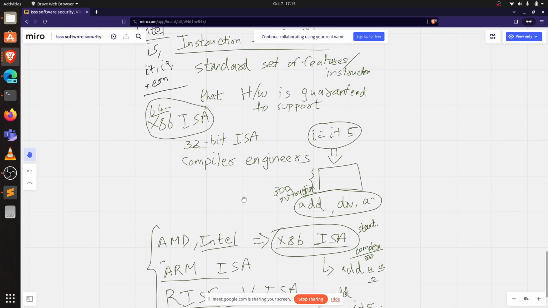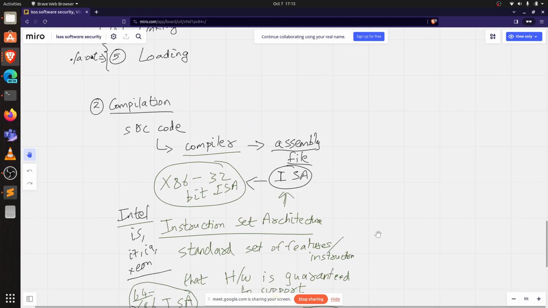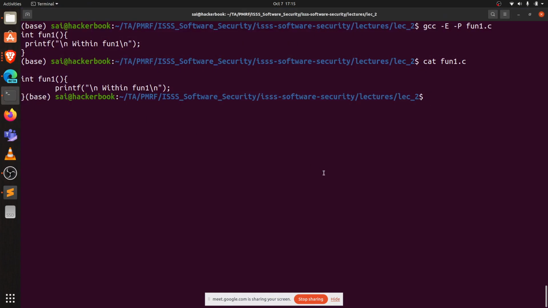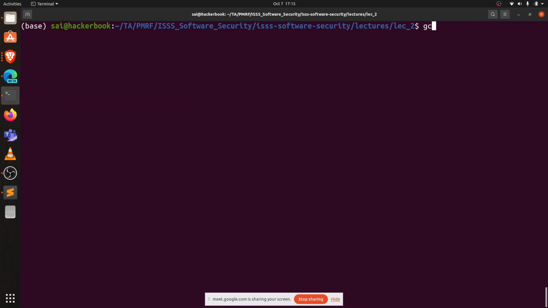So this is what happens in the compilation phase basically. Let's look at a practical example. I'll be using the same GCC compiler, but I'll be passing a different set of options. So basically I'll be passing this option. What this option specifies is